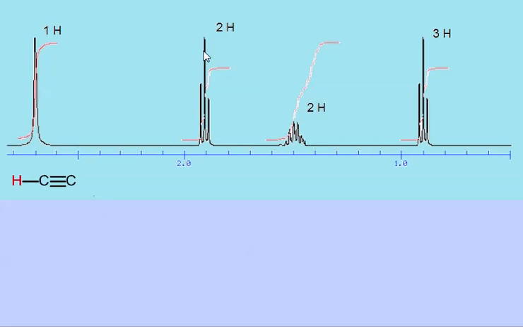And then next door to that we have a triplet, and that's almost as strongly de-shielded at about 1.9. So we're looking at hydrogens on a carbon on the other side of the carbon to carbon triple bond, so the 2 hydrogens there, and because the signal is split into a triplet, they have 2 non-equivalent neighbours, the n+1